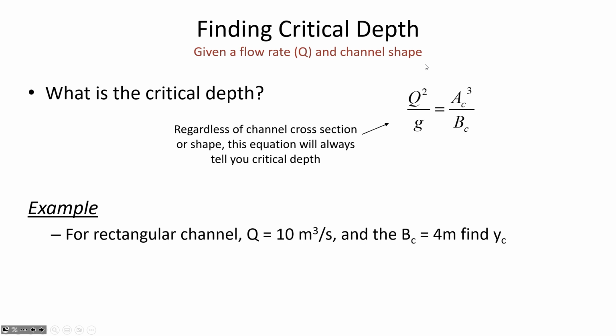And we're going to cube that, and then divide it by the width of the channel when conditions are critical. And for us, that is some width of 4 meters. Okay? So if we now move this over to the other side, then we've got 4 times Q squared,